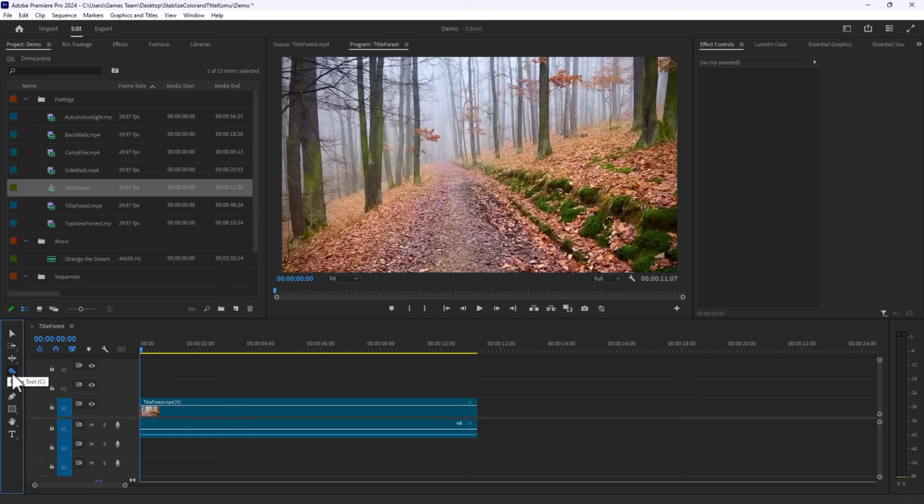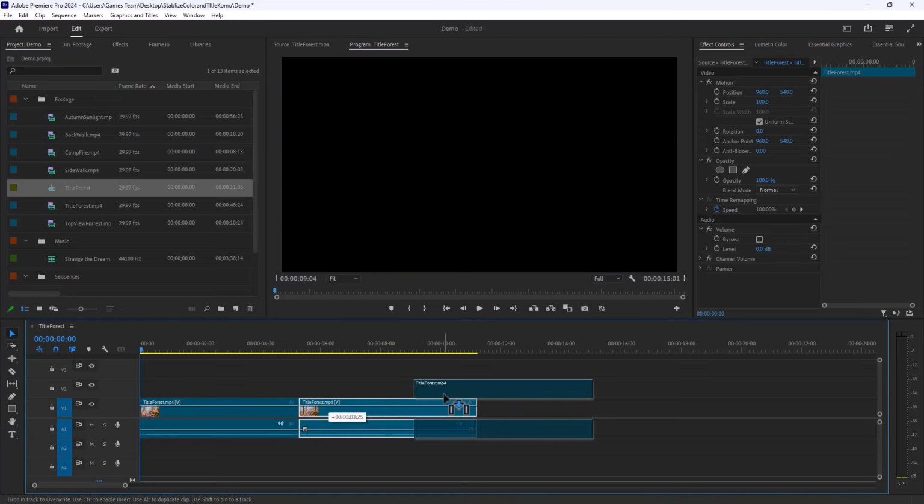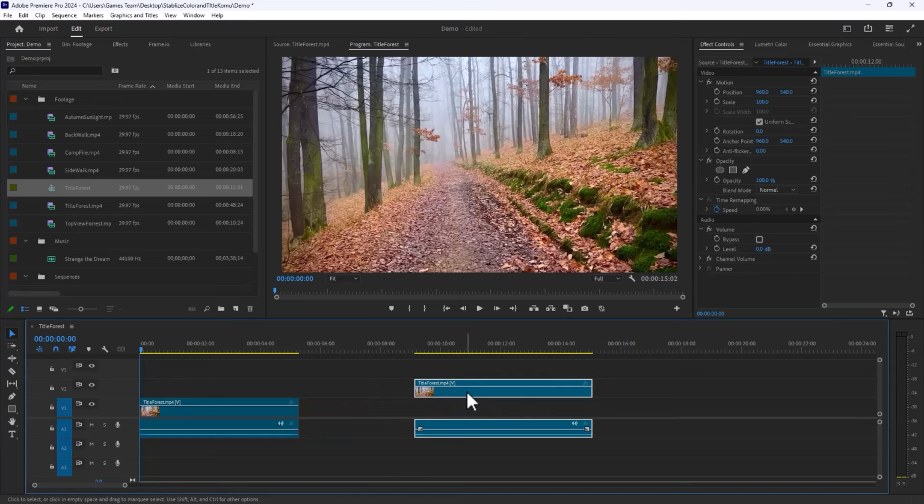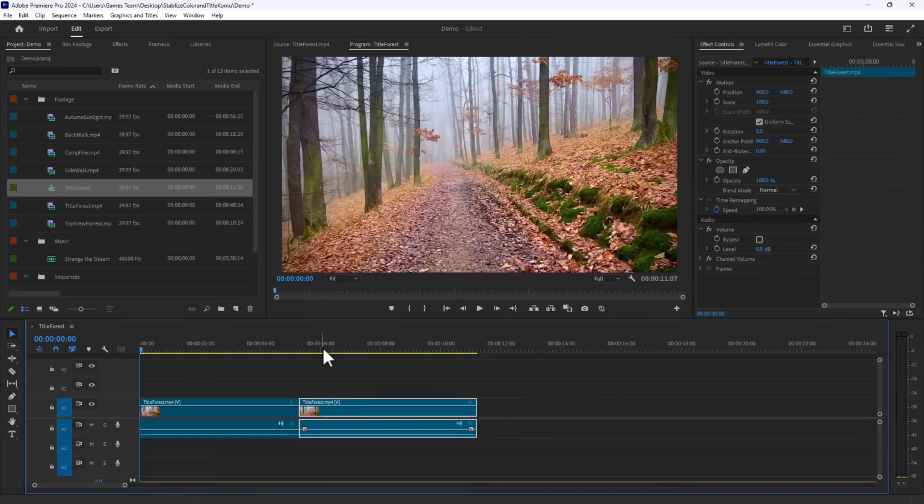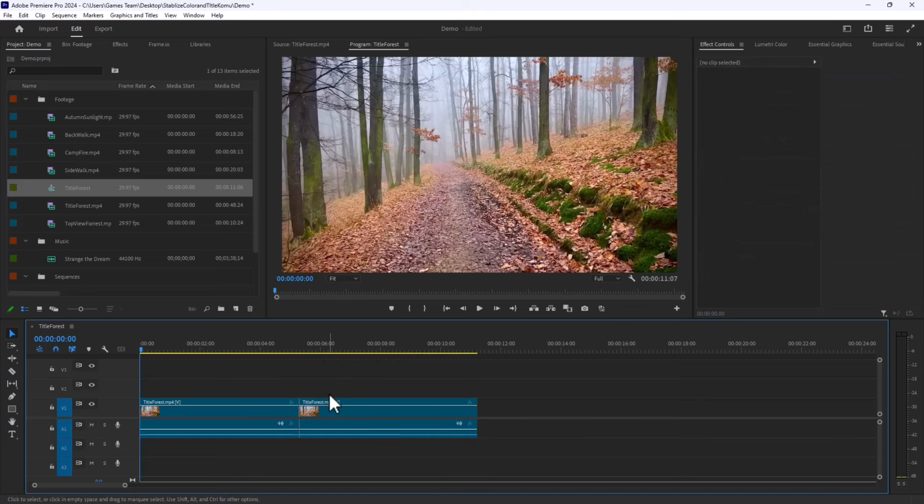One of the most famous tools is the razor blade tool. You could just highlight, and I'm just moving my left mouse button and left clicking once and going back to my selection tool. That will allow me to cut the clip in half and move the respective track, or just actually highlight it and hit delete. So I'm going to hit Control Z a couple times to go backwards there,